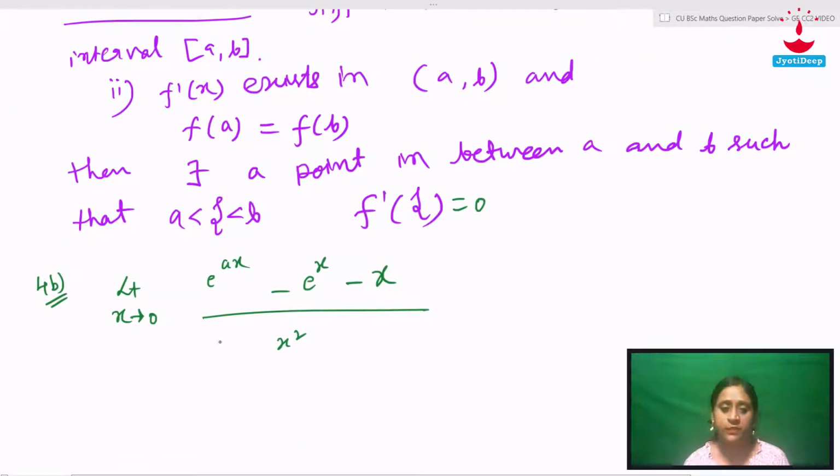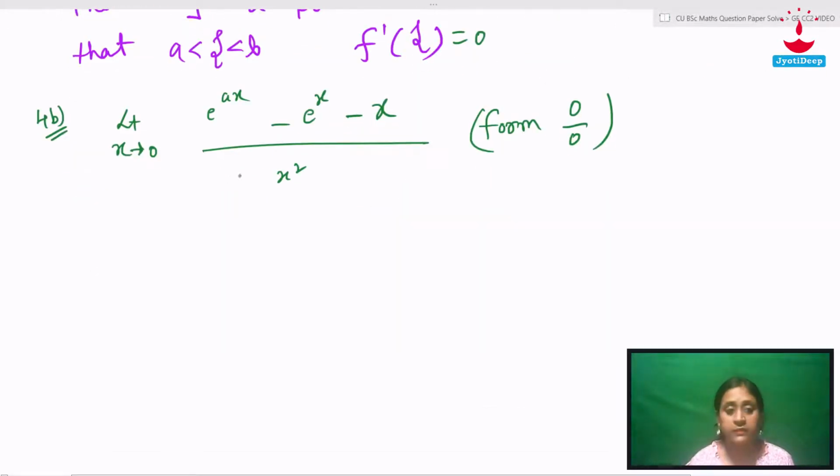Now if we put 0, this becomes e to the power 0, which is 1, minus e to the power 0, which is 1, minus 0, so this is 0. So it is a form of 0 by 0, an indeterminate form. So by L'Hospital rule,